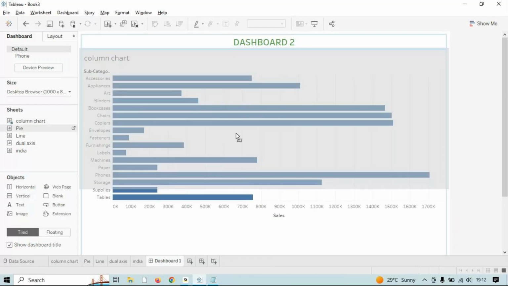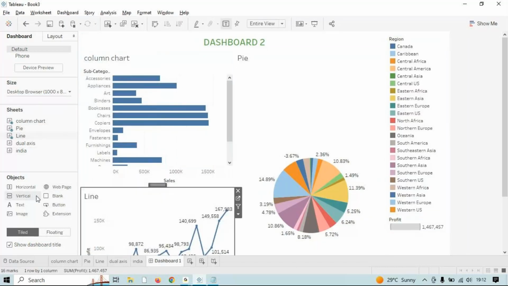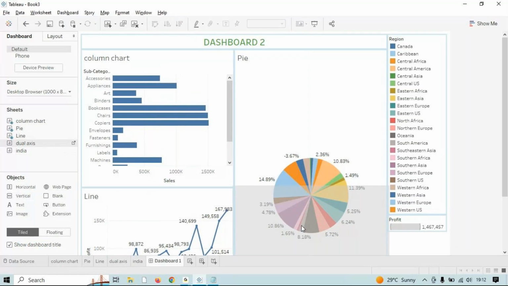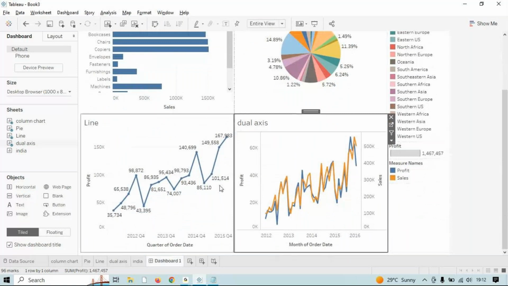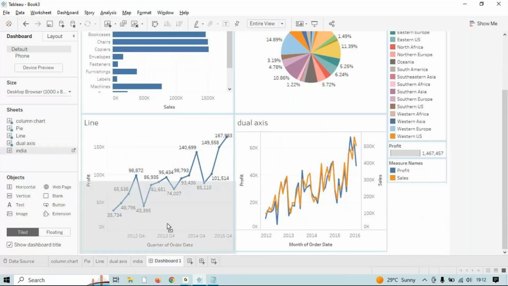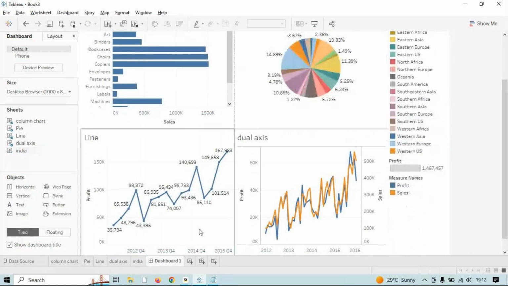First thing, second, third, fourth, fifth. As of now I'll remove this line axis. First I'll make